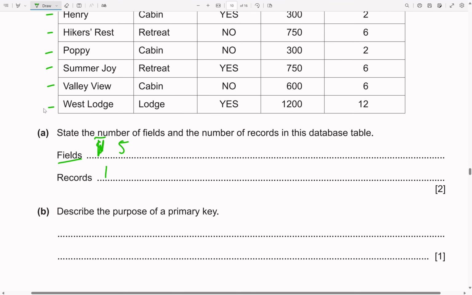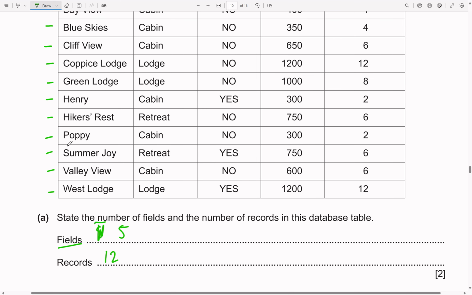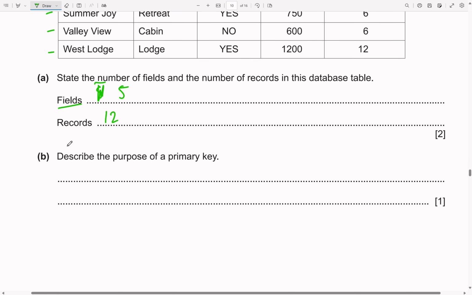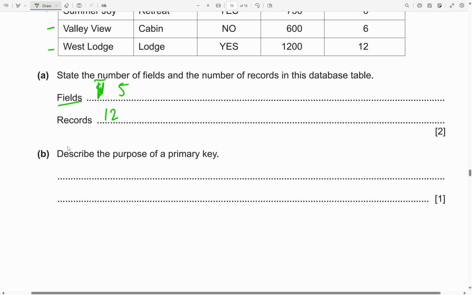And of course, these questions are easy, but it's also easy to make a silly mistake. So I would say just double check, make sure you've counted it correctly. And again, the records are basically the rows. Sometimes they might call it a tuple, but I think a record is more common,